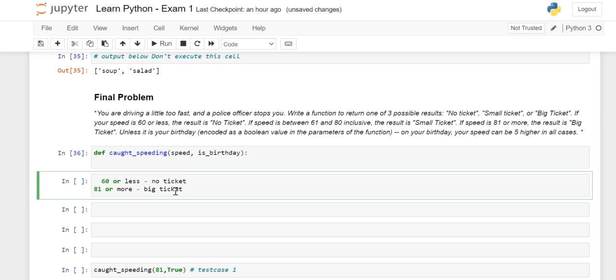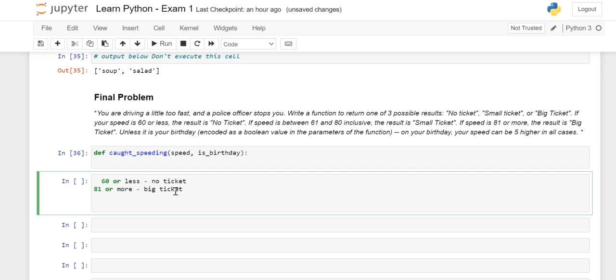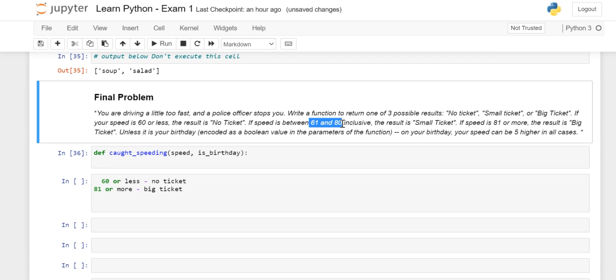Even if you have a notepad or paper, pen, pencil, you can write it down, so it was easy. If you are writing, then you are turning it into code. Then we got two scenarios: 60 or less, no ticket; 81 or more, big ticket; and in between, it means 61 to 80 inclusive.